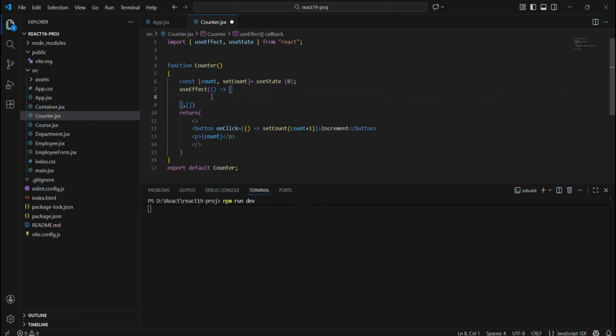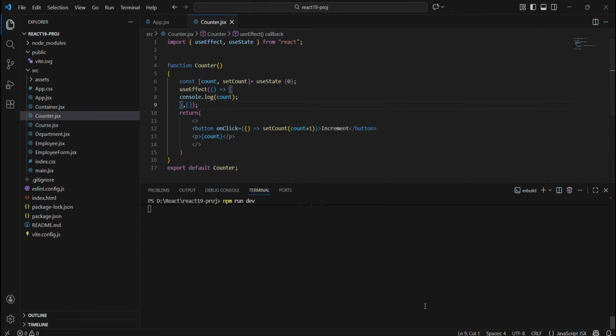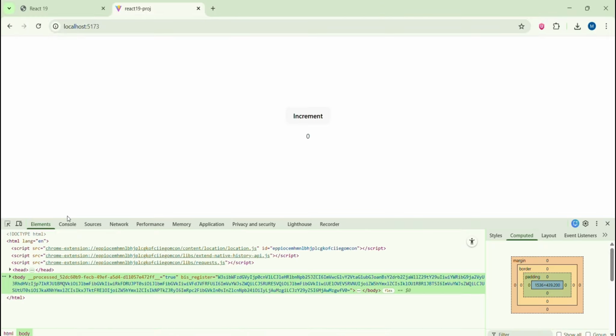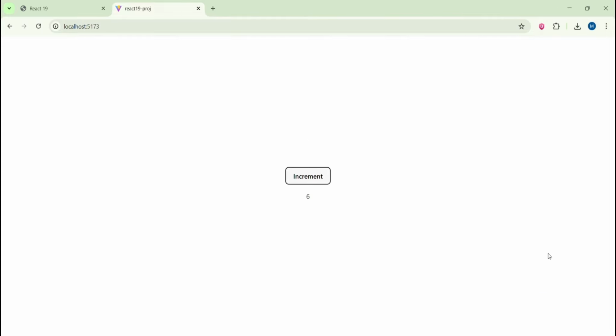Now we will place console.log inside useEffect. Since the dependency array is empty, this will run only once after the first render. Now let's test it in the browser. Open the inspect element in the browser to see the console output. You can see that when we click increment, the number increases, but nothing is shown in the console because the